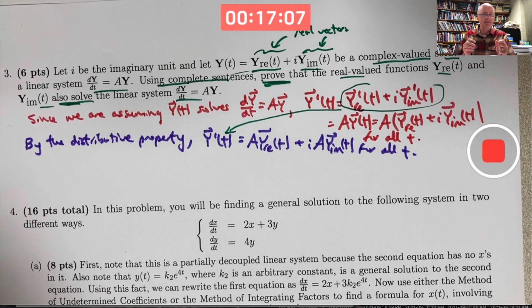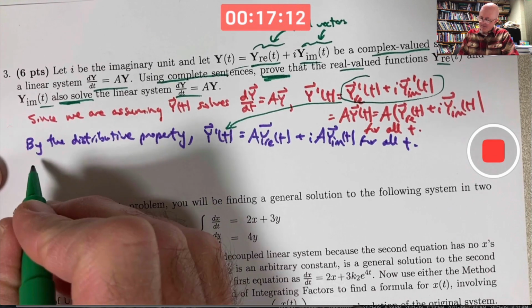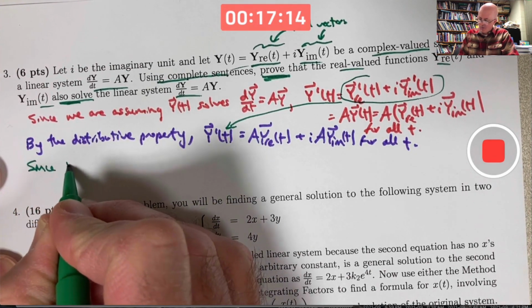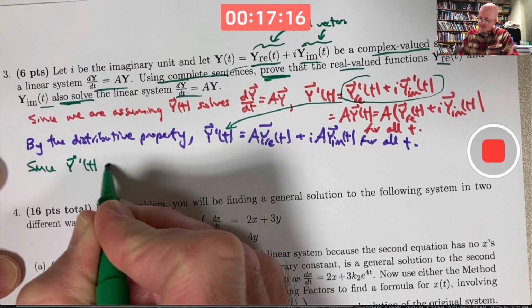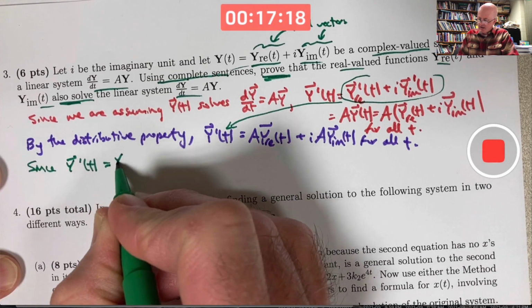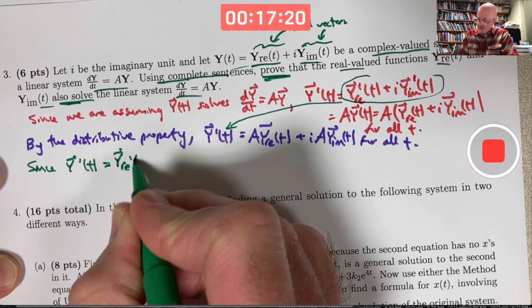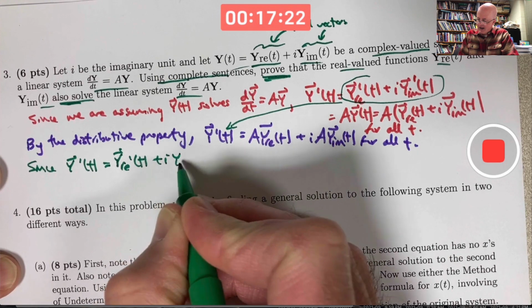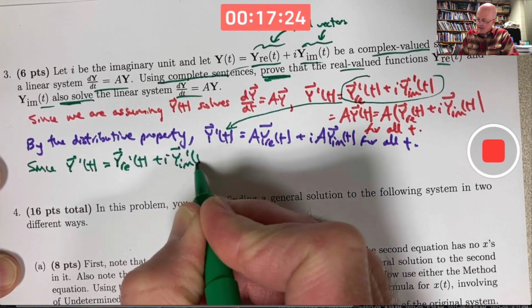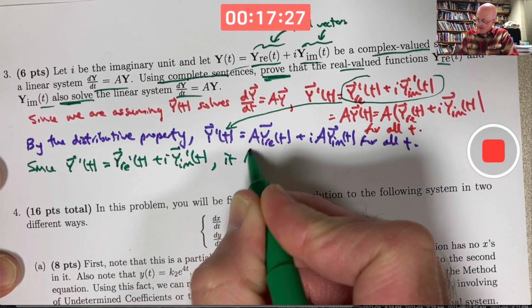The imaginary parts are the things that are next to the i. They don't include the i. Since y prime of t, this is maybe a little overkill here, equals y RE prime of t plus i y IM prime of t, it follows that,